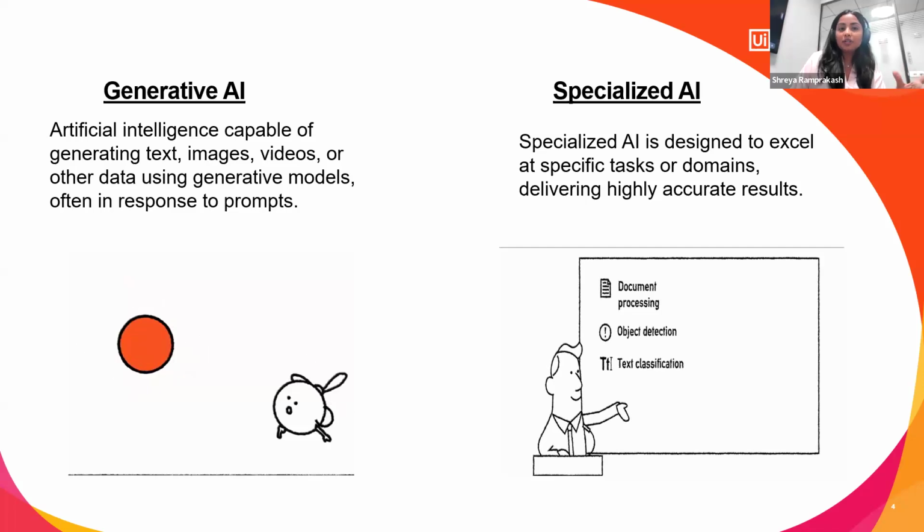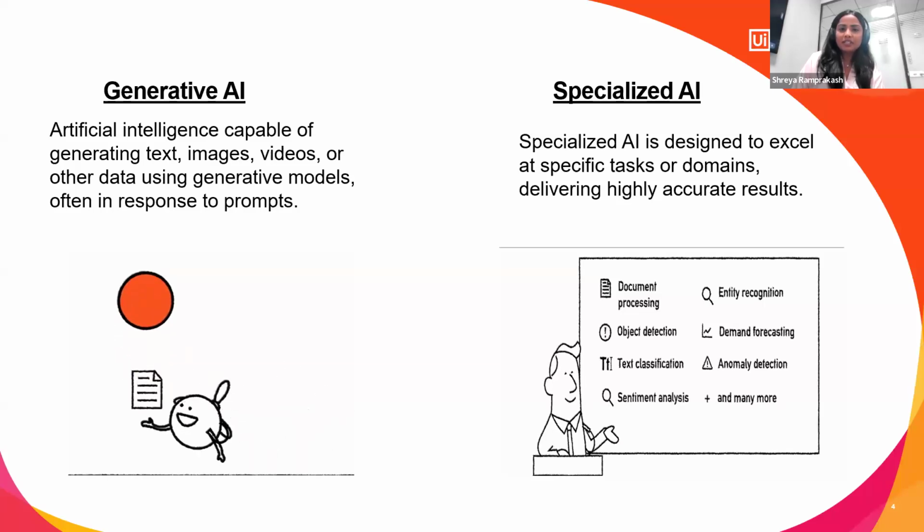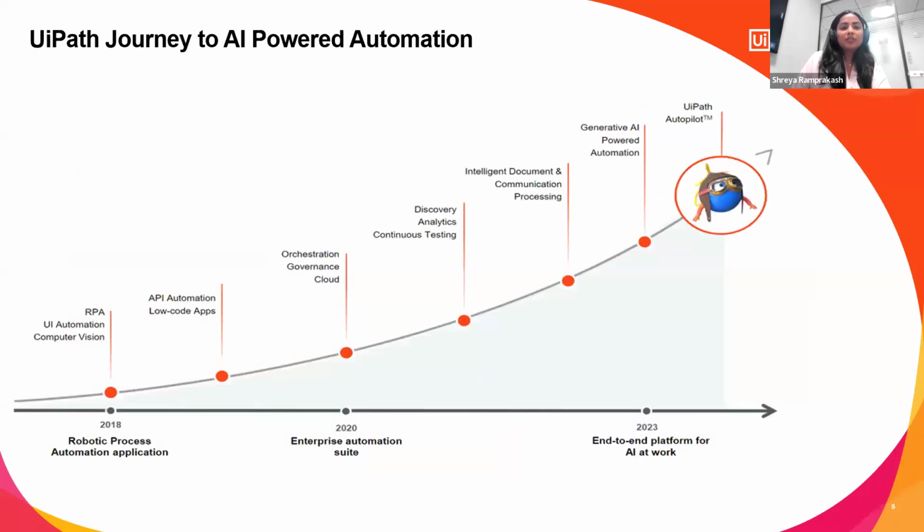Now that we have had a brief overview of what Gen AI and specialized AI are, where exactly do these two types of AI fit into UiPath's vision, right? With the constantly evolving tech space, it is very important and necessary for us to stay at the top of the game and continue to deliver the best possible solutions for our users and customers. Although, as you can see on the slide, back in 2018 we started with just pure RPA, there is no way only that would sustain now, right? We need to be on par with what is happening in the industry, so we can continue to be the best that we can be.